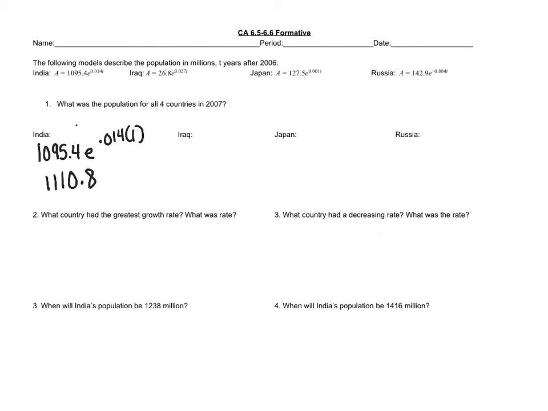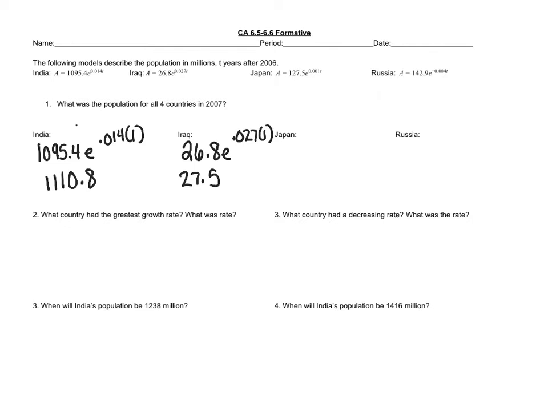In Iraq, we're going to do the same thing with a different formula. 26.8 e to the 0.027 times 1. So in our calculator, you're going to put e to that power first. So e to the power of 0.027. We're going to times that by 26.8. And we get